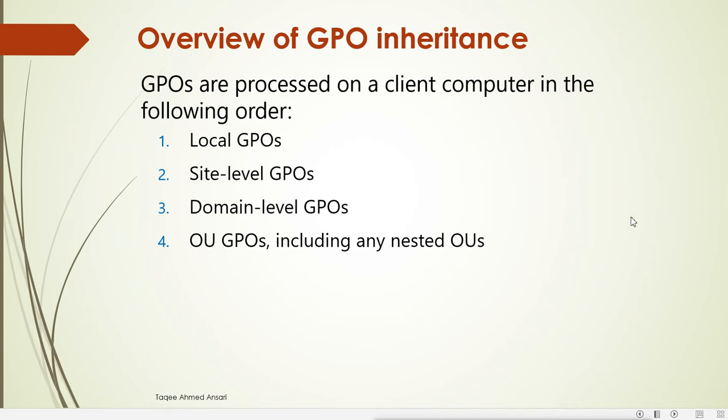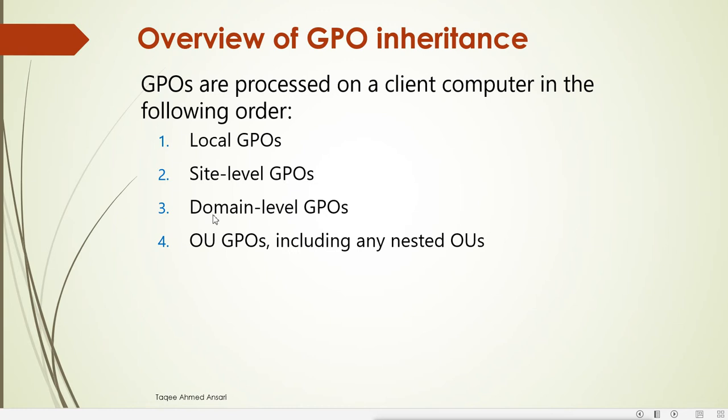So suppose the machine starts, so first what does the machine do? The machine applies the policy which is locally configured. That means every machine has its own local group policy object. So whatever policy is applied on that local group policy is going to be applied first. Then it will apply the site level group policy object. That means whatever group policy we configured on that particular site, that policy will be processed for that client. If the client is in a particular site and that site has a policy, that policy will be processed. So first the local policy of the computer will be processed, then the site policy,